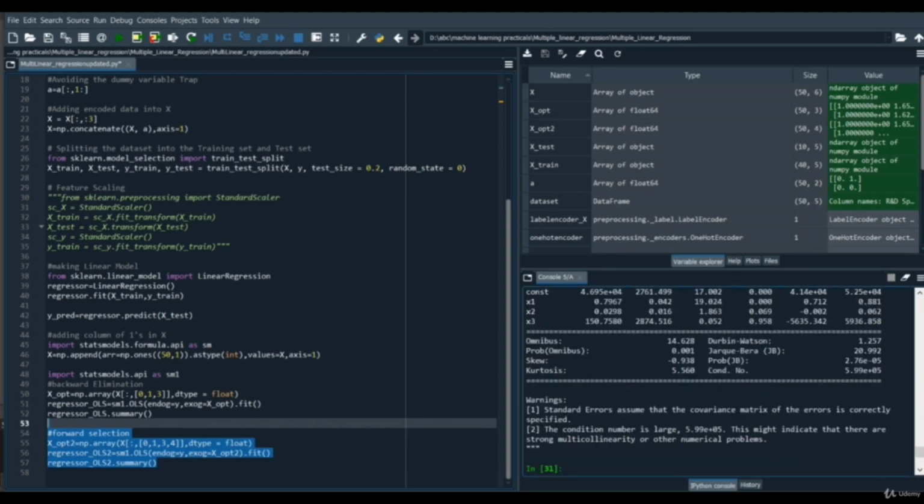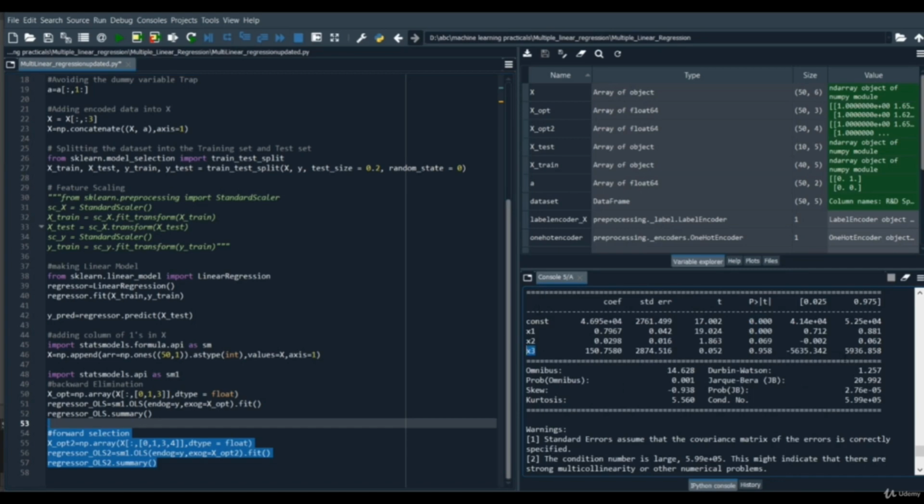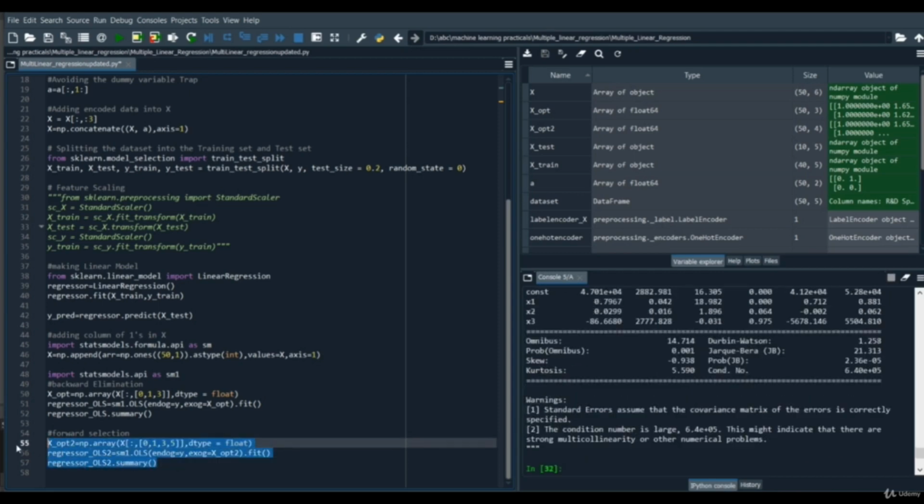As you can see here, it's also having a value of more than 0.95. Note it states third because in the collection it's at the third index, but here at the third index it's 4. So we are going to remove the 4 from here, and then let's add column 5. That's the last column, and let's see the summary. Now here you can see that its value is quite greater than 0.5. That means it's also not related to our dependent variable, so we are going to remove it.